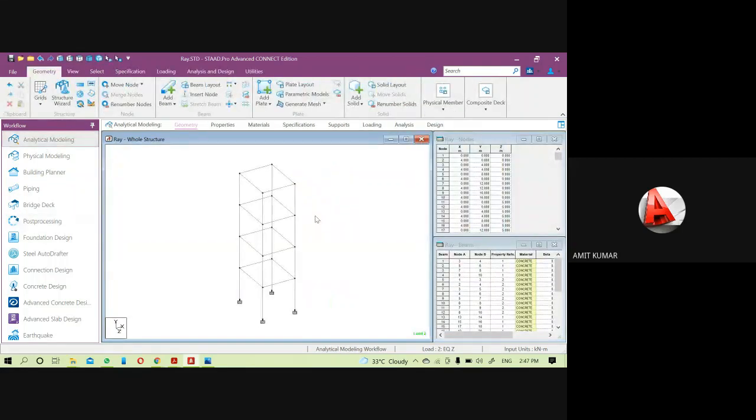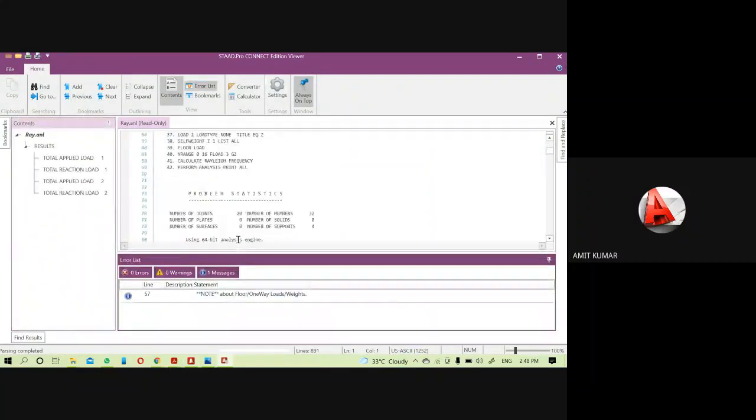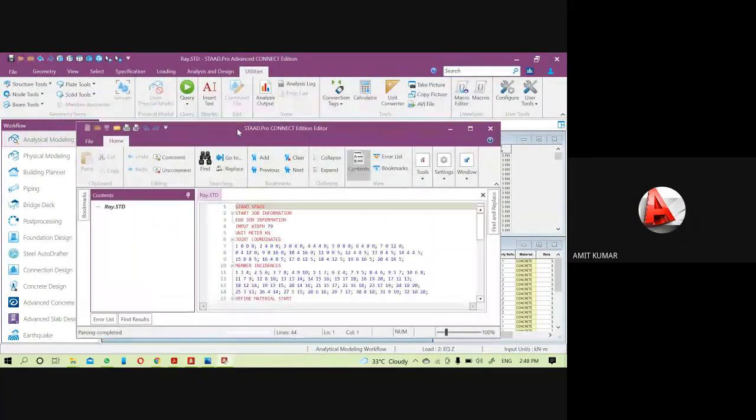Now I am going to create the mode shape of the structure. So for the mode shape, I have to change the loading. So through the utilities menu, I will delete a few steps. Utility menu, come to the command file.